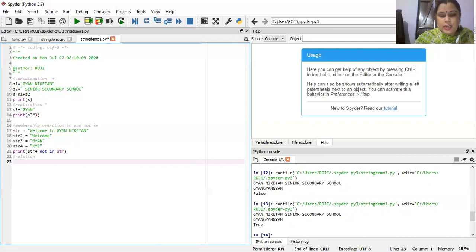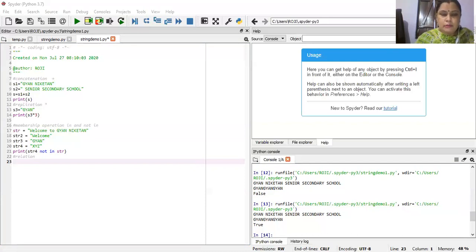If we use capital A greater than small a, that is false. Small a greater than capital A returns true, because the ASCII value of small a is greater than the ASCII value of capital A. So the string value is compared along with the ASCII value.